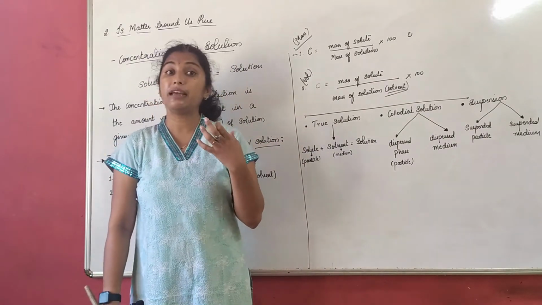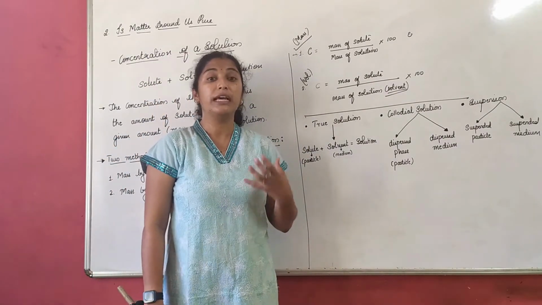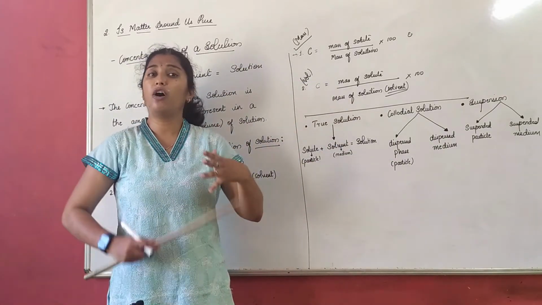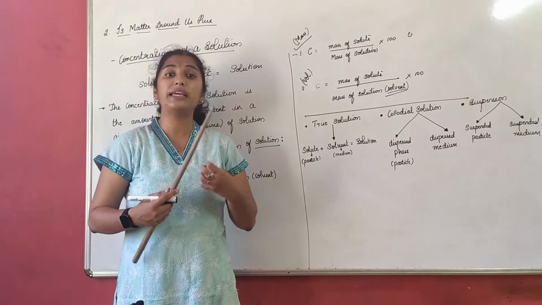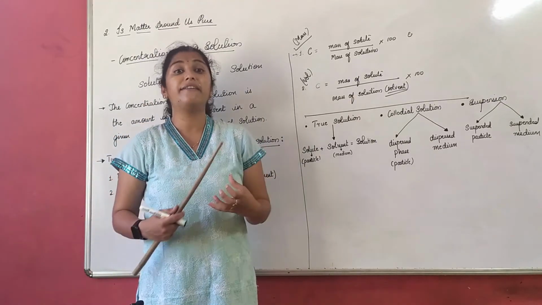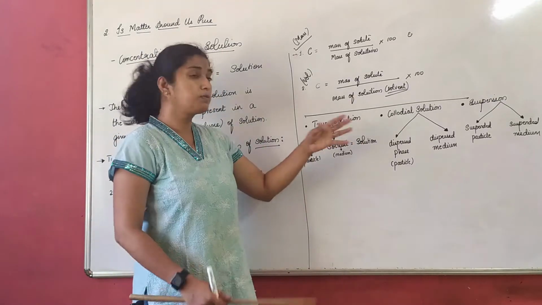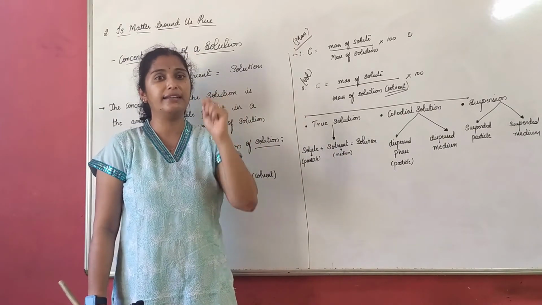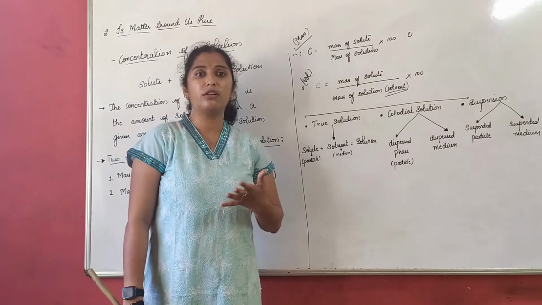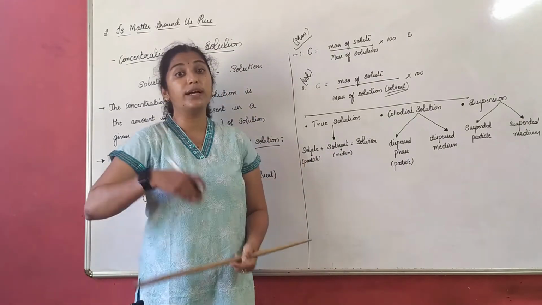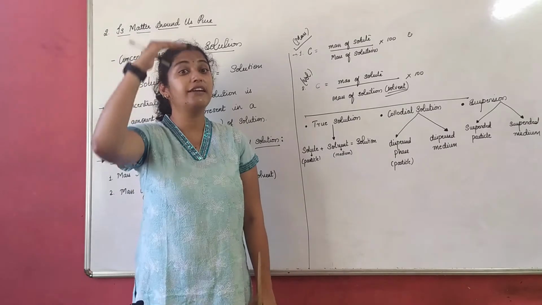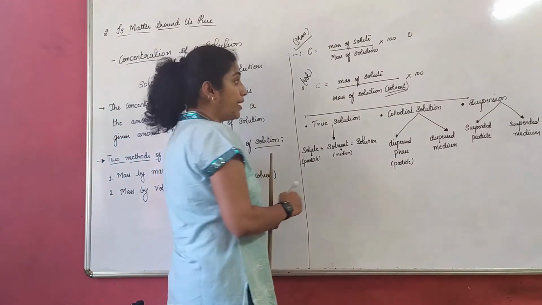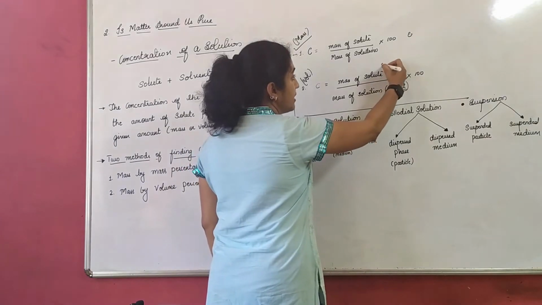Please try this. Take a measuring glass if you have it at home. As I told you, in this chapter we have simple experiments which we can do with things available at home itself, right? Take a small measuring glass where you measure the water, and add some sugar or some salt which can dissolve in it. Once it dissolves, check if the volume has increased. Volume will not increase.